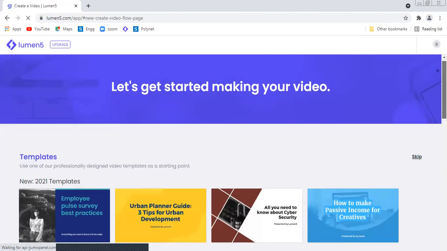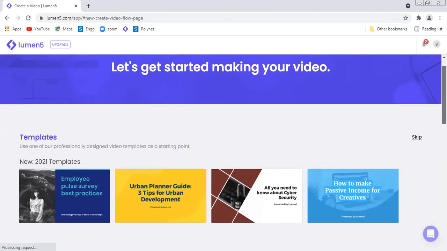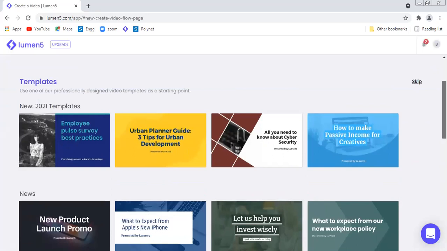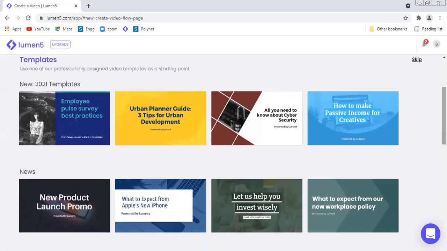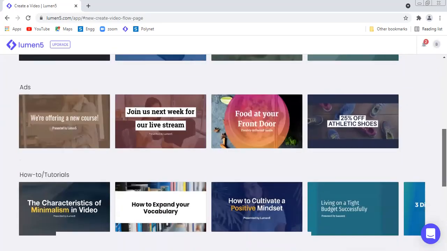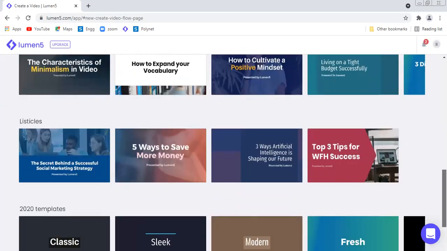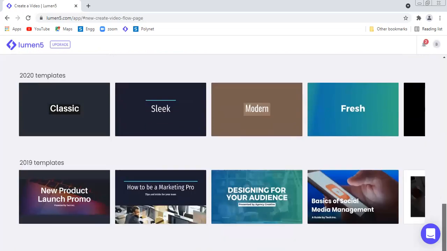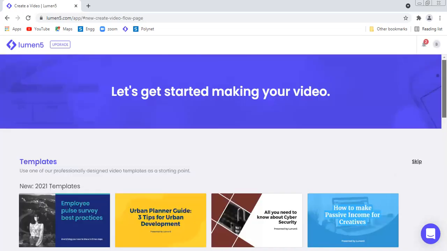Once you click it, you can see the different templates. These are the templates of 2021 related to different subjects like finance, cyber, urban development, and employee survey. There are some templates related to news, ads, tutorials, and some old templates are also available.